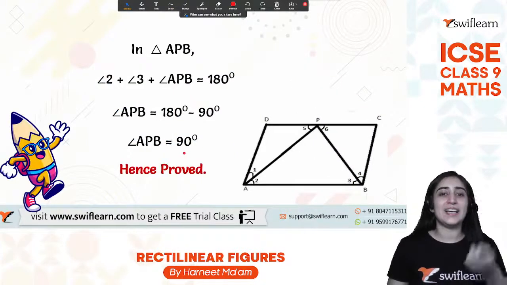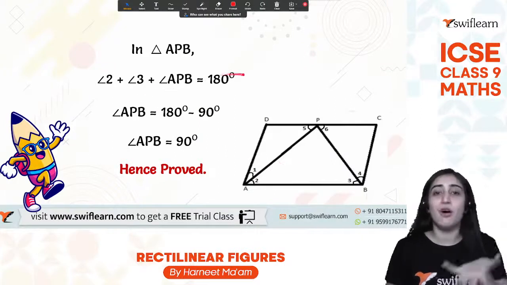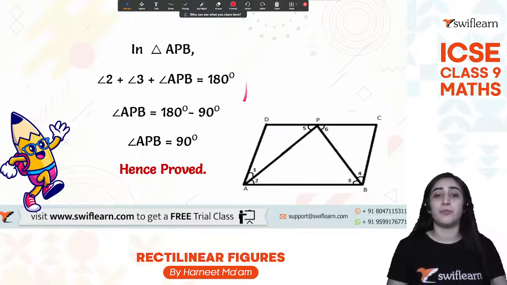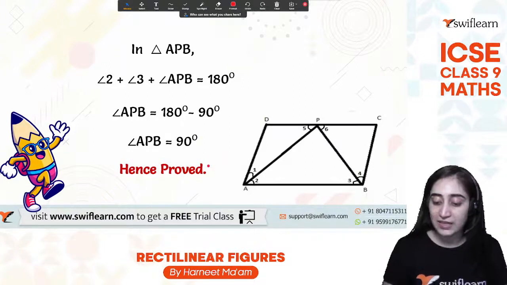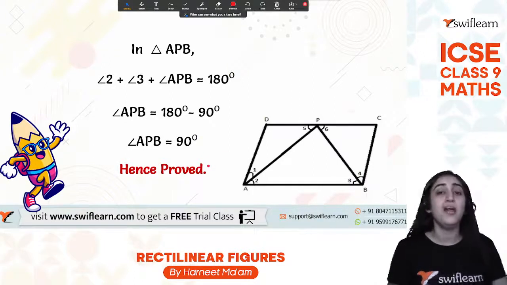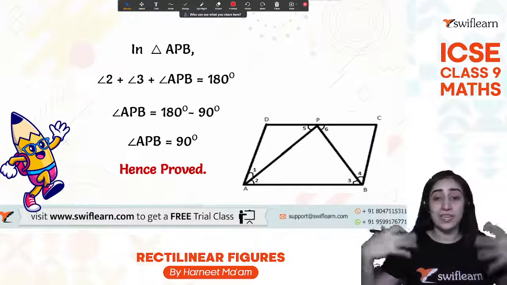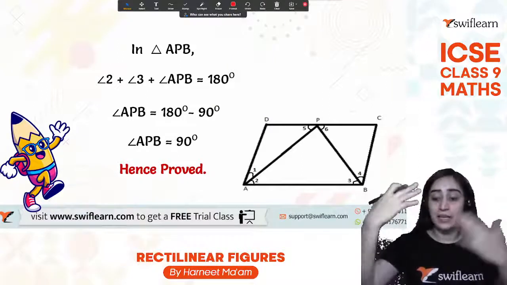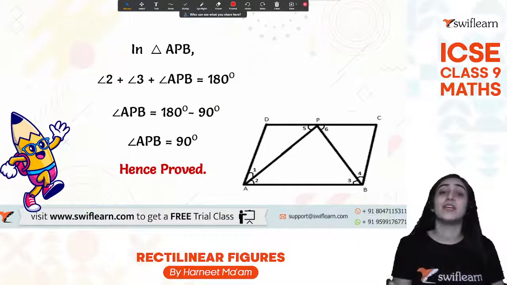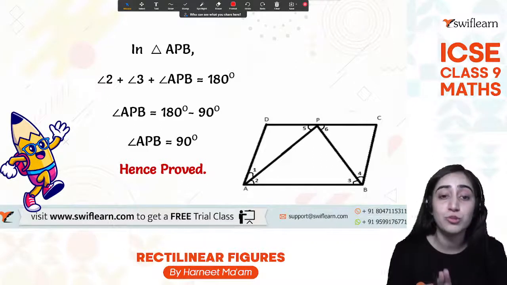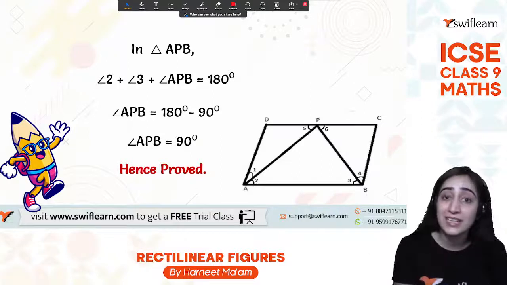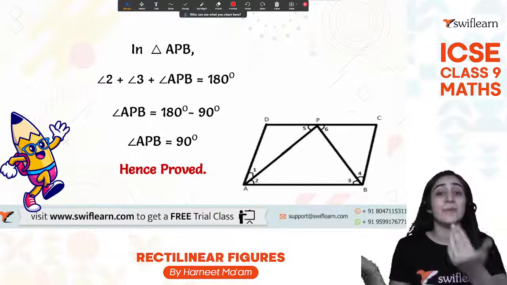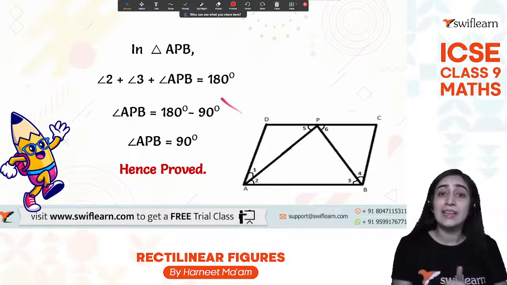So all right guys, I hope you have understood by this that they all come up to be 180 degree. We need to subtract it and we get the angles of 90 degree, and we are able to prove that yes, they are equal and the alternate sides are equal and parallel in a parallelogram, and this is a trick that we are using in solving it. और उसके बाद हमने isosceles triangle की property use करी कि angles equal हैं तो sides equal हैं। Next में हमें sides equal थी तो angle equal करा।